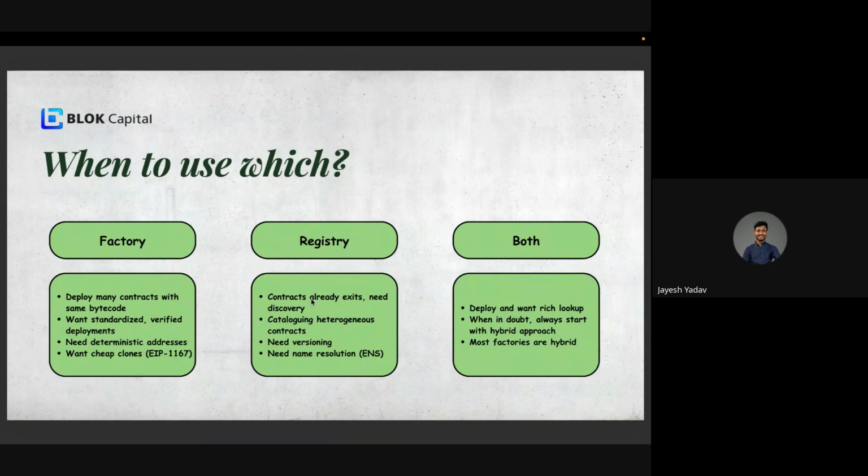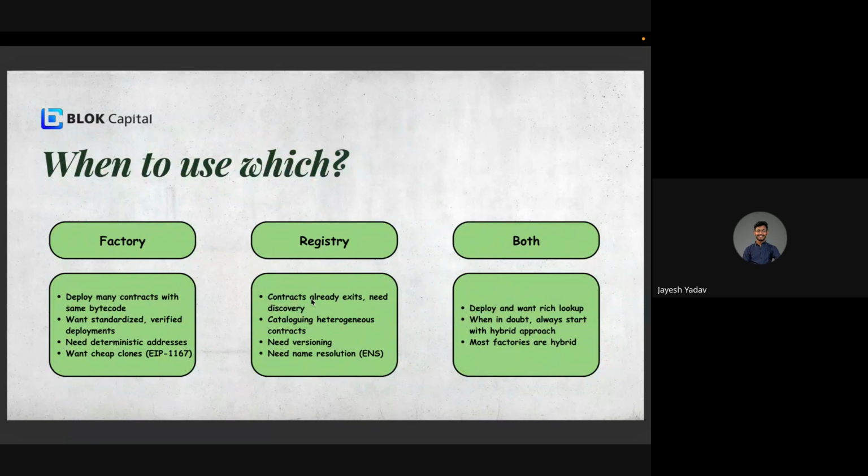Another important point is to deploy. If you want to deploy addresses deterministically, you must need a factory to deploy addresses. If you do it manually, there will be chances that you may end up deploying the contracts to different addresses on different chains. And so for standard development, for making sure that it actually deploys to the exact correct address, you should